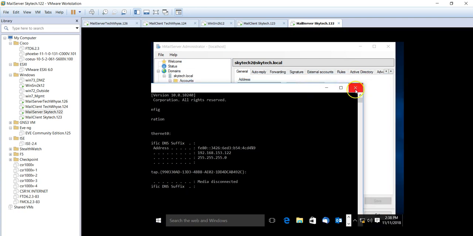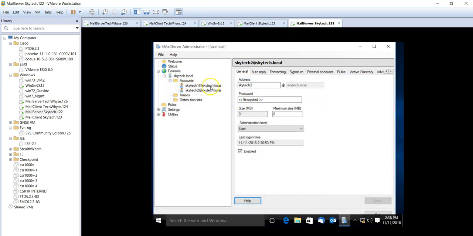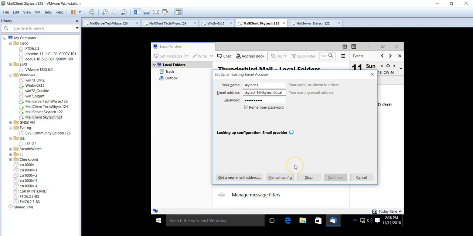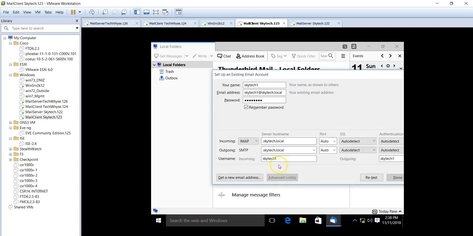Let me show us again. This is the email server, skytech1 at skytech.local. The password that was created, that's it. I'm going to say continue. I'll click on manual configuration. For my IMAP server, our server address is